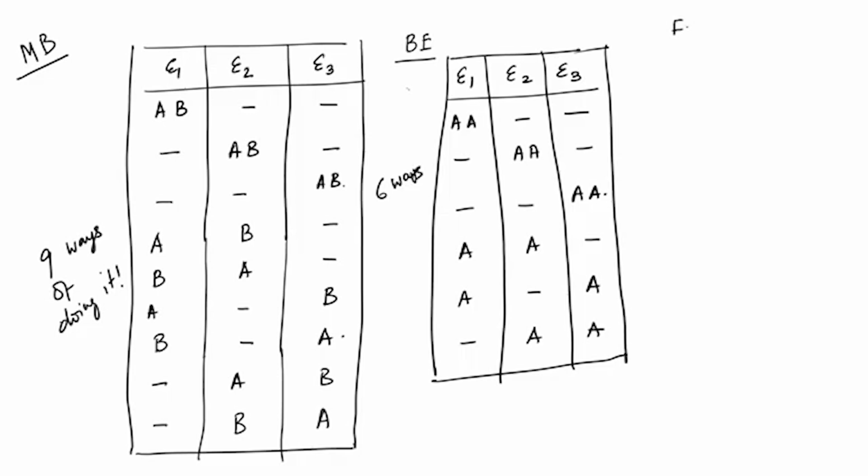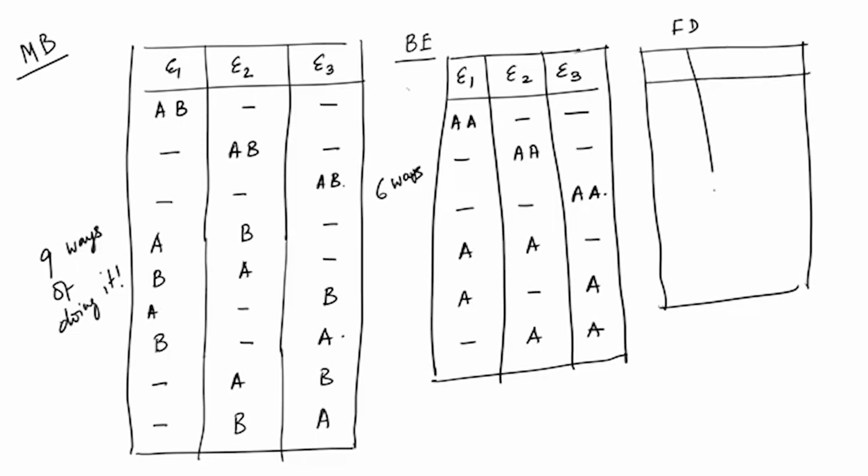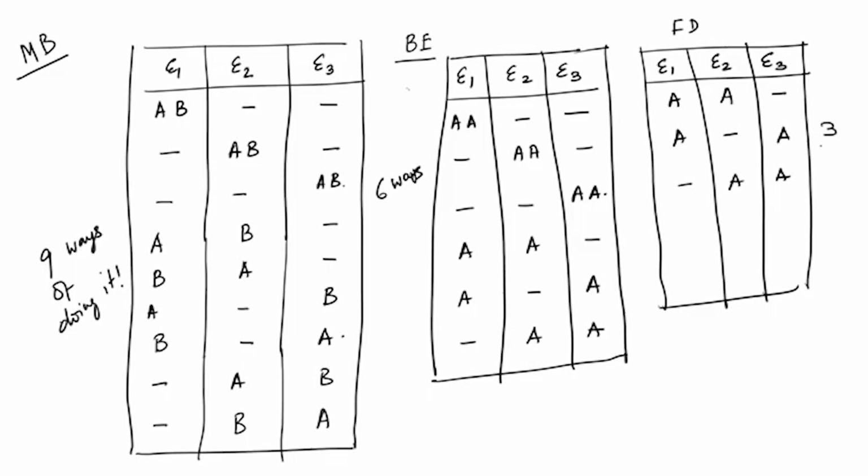Okay. And do it on the same screen as for the FD case, and now in addition to their indistinguishability, no 2 particles can occupy the same state. So, that sort of curtails the number. So, you have A and nothing, A nothing A and nothing A, and hence there are 3 ways of doing it. Okay. So, see, there are large number of ways of doing these distribution of particles in between these 3 available energy